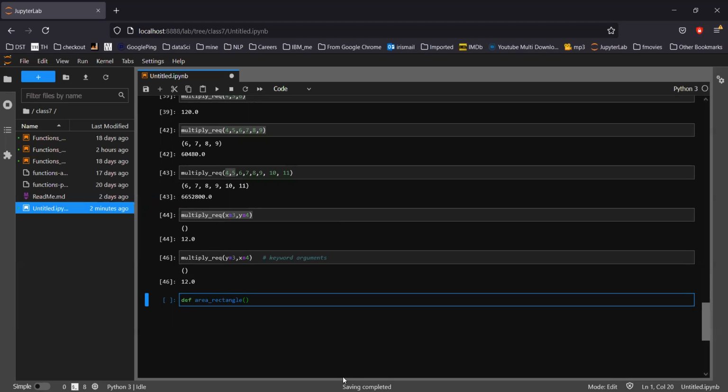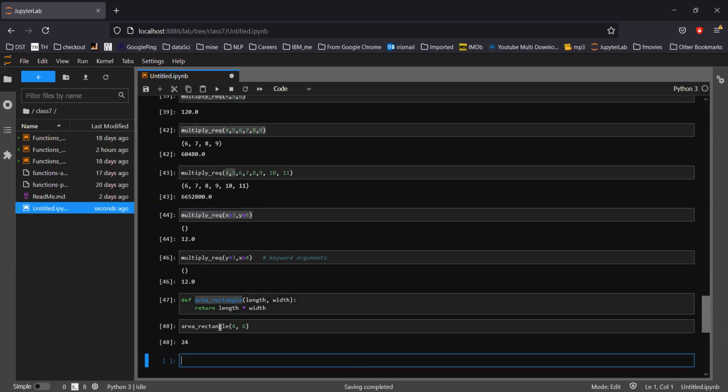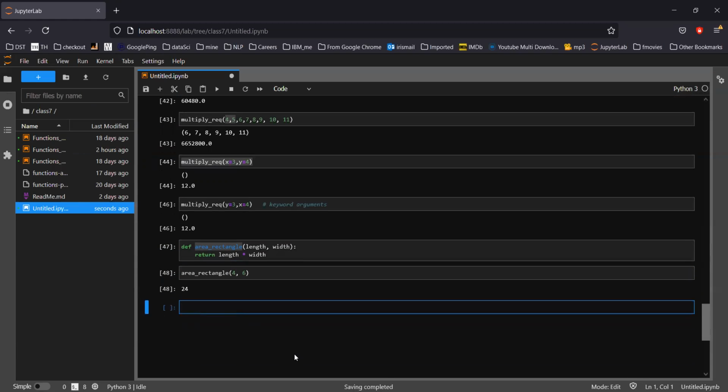I am expecting length, width, and return length into width. It's a pretty simple, straightforward function, and I'm passing it 5 and 6. This is fine. This is the same function as the previous one. Now let me convert it to keyword.